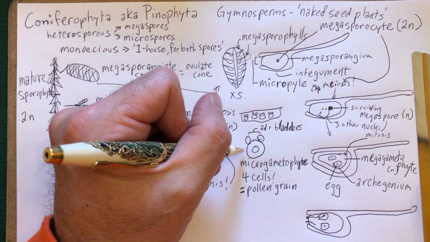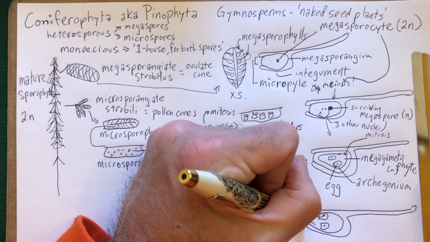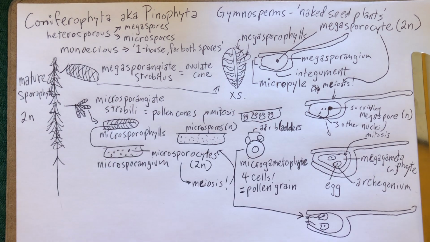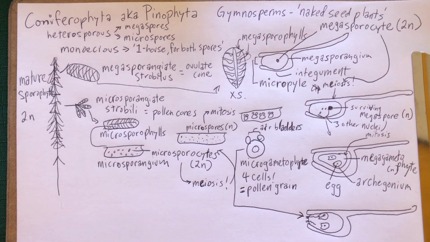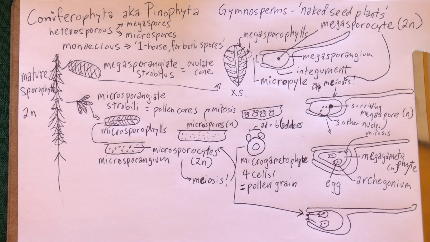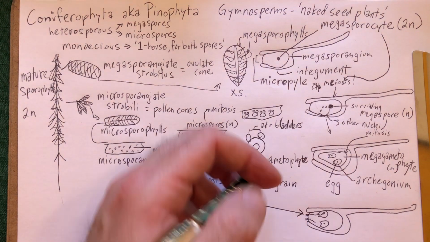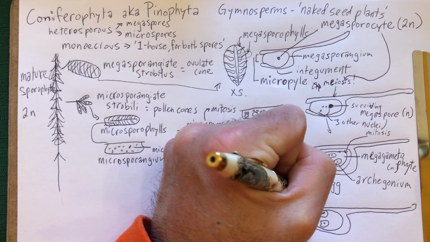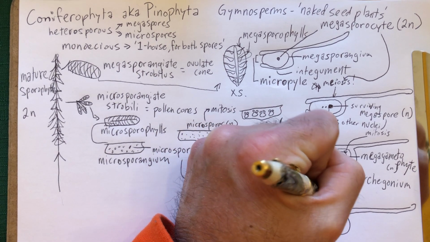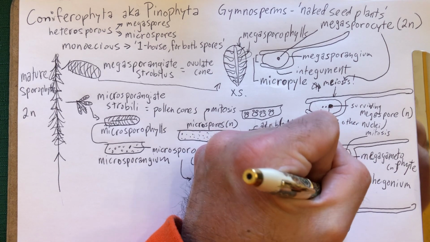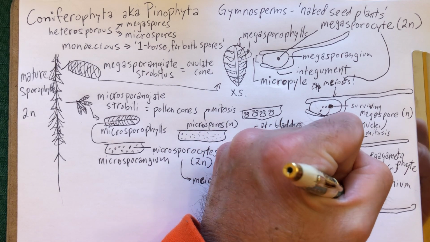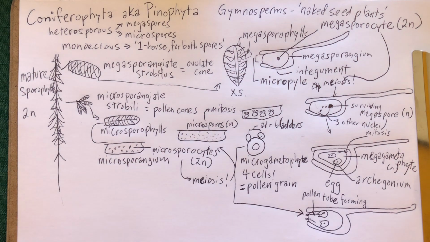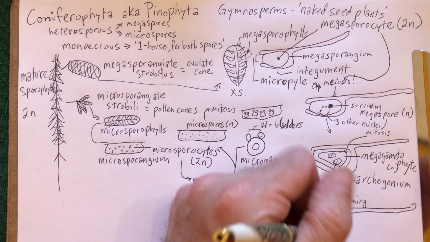Okay, so our pollen is going to go find that micropyle, squeeze into that micropyle, and often there's a drop of liquid that will help stick the pollen inside there. So the pollen gets stuck, it will shrink down and pull that right into the micropyle so that the pollen tube can form. So that's what we have there. And that is going to lead to